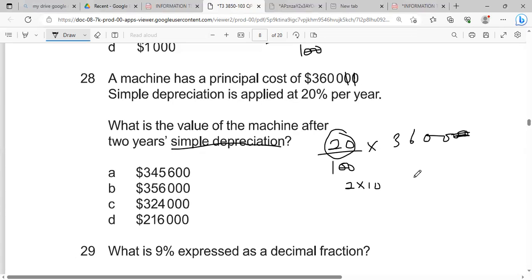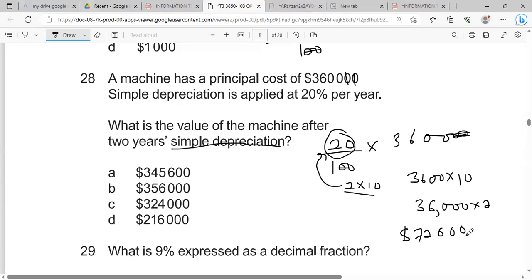All right. So what this means, we're going to multiply 3000 by 10 by just adding a 0, right? So this becomes 3612, right? And then we times this by 2 now. As 2 times 10 is 20, correct? So we split the 20 into 2 times 10. And then, remember, no calculator allowed, right? Which gives us 72,000. So it's going to depreciate by 72,000 over the 2-year period, which is 36,000